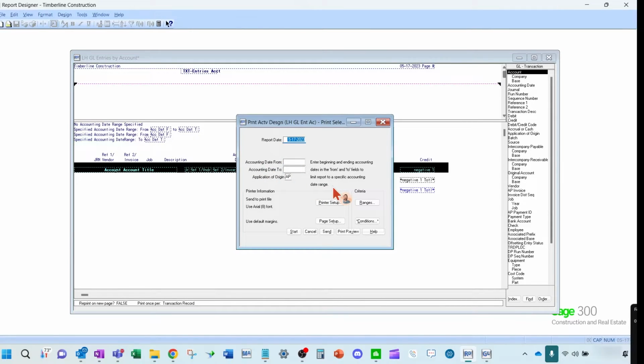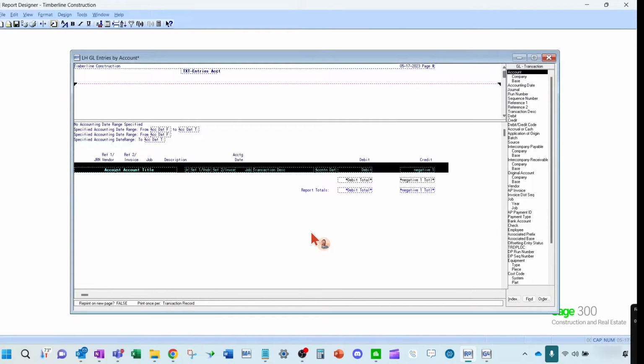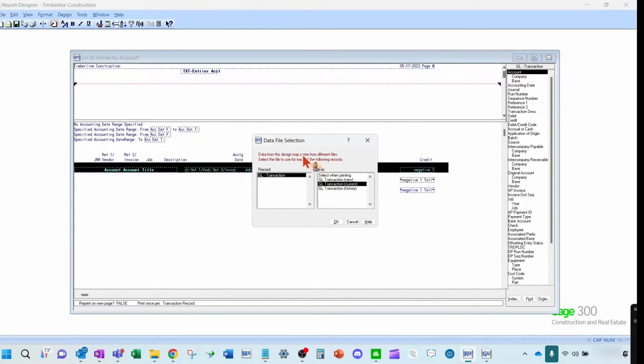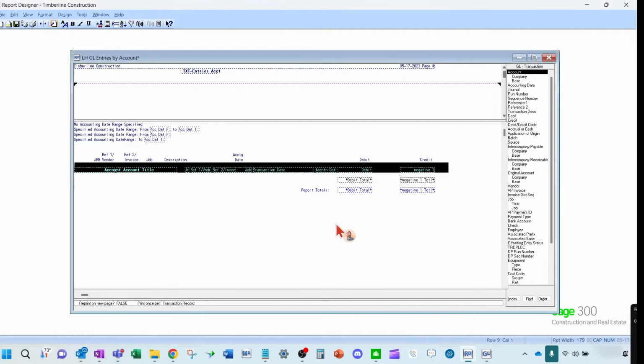The only thing I don't like about that is you're not 100% sure what file it's actually reporting off of. So I usually say, unless you're certain that's the only file you want, to at least leave the select when printing selected for you. Okay, thank you. Lisa, with that, I'll send it back to you, and you can talk about some of the other things that you wanted to make sure we touched on.